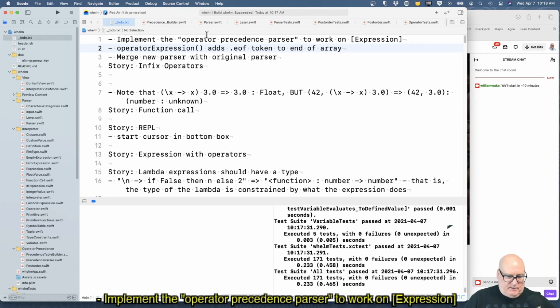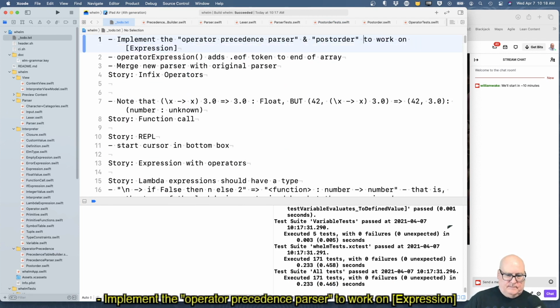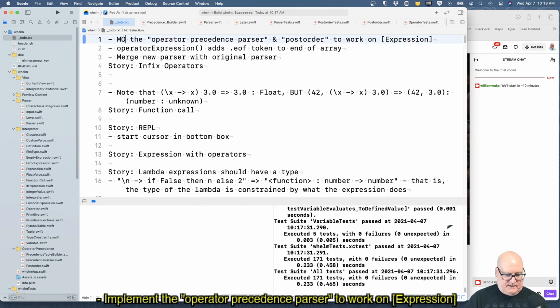Okay, so implement operator precedence parser. Let's say and post order to work on expression. We've done that. Well, modify.